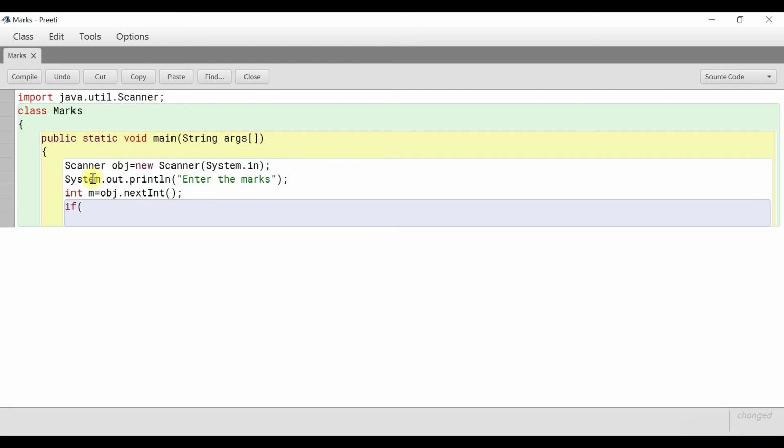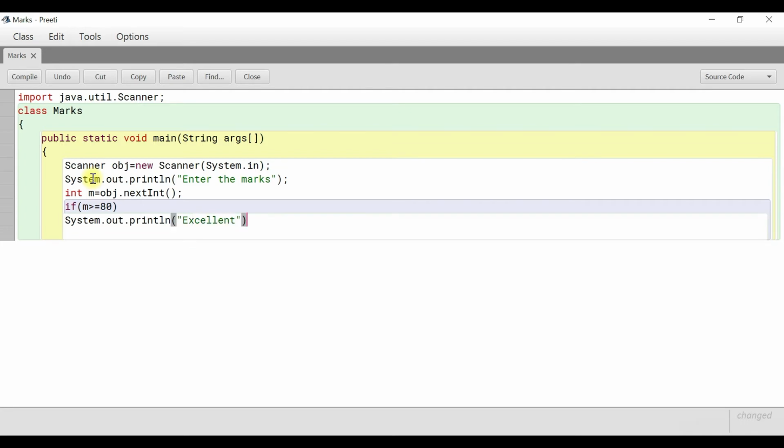Now we will apply the condition. So the condition is if marks greater than or equal to 80, so what should be the message? The message should be excellent. Else, another condition is if marks greater than or equal to 50 and marks less than 80.